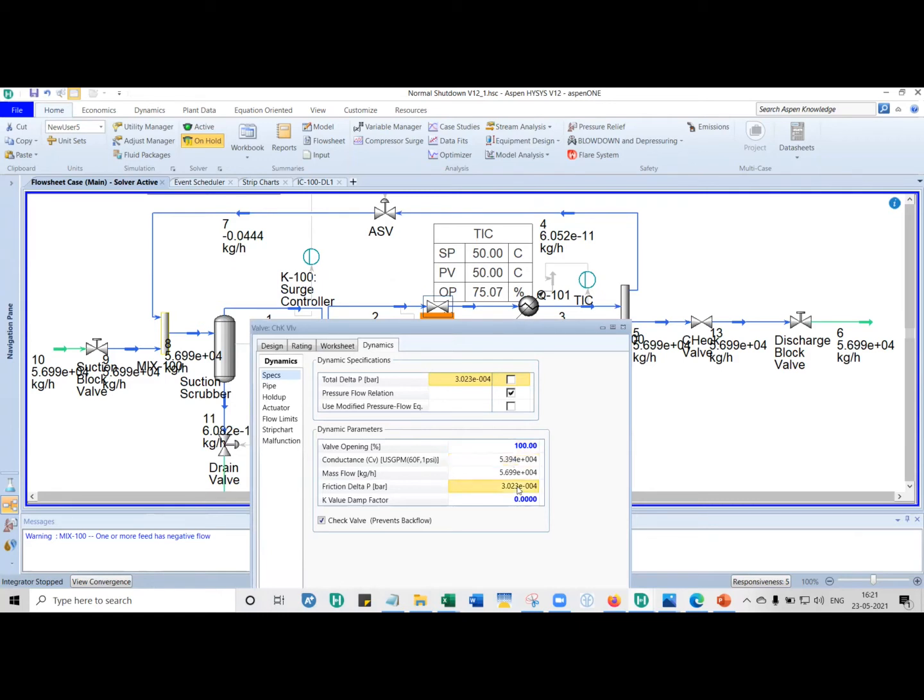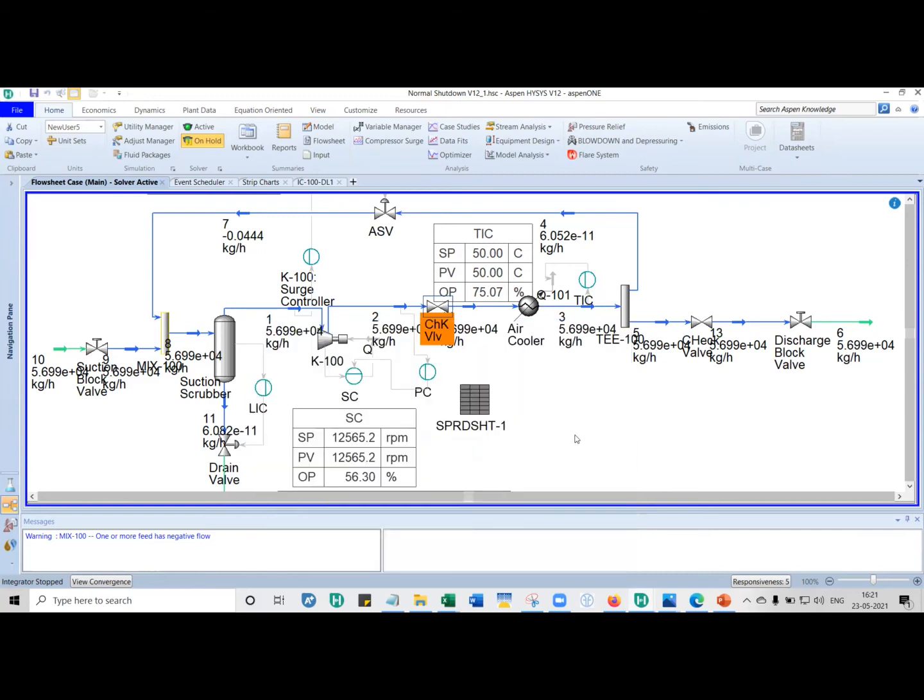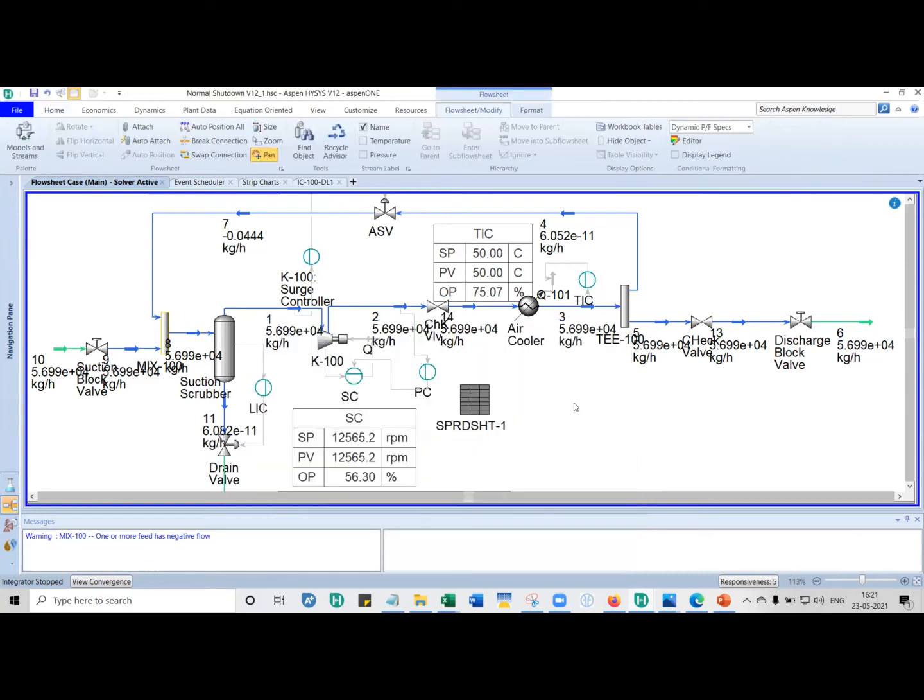So what happens is that the estimated pressure drop is 0.0005. It's as good as hardly any pressure drop. In reality, in the field, there will be some pressure drop, but for simulation purposes, we are approximating it to almost no pressure losses. So for check valves